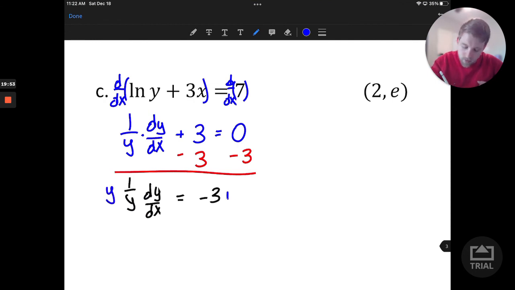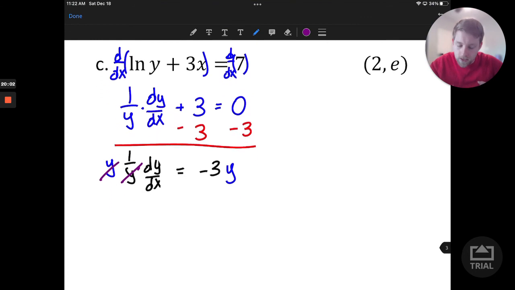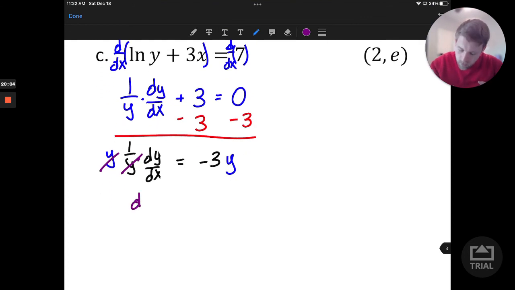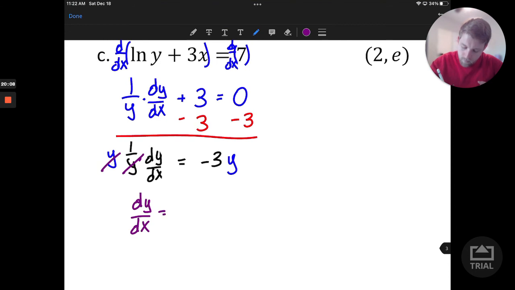So if I multiply by y, we can go ahead and cancel those values out to just get dy dx is equal to negative 3y. Again, this is just dependent on y, so all we need is the value of e here to consider the